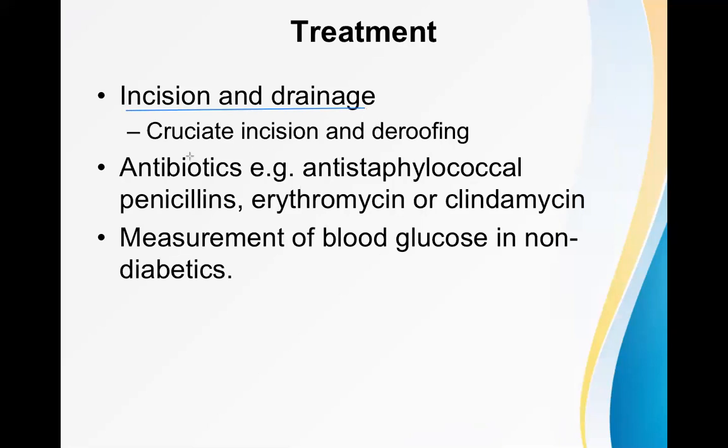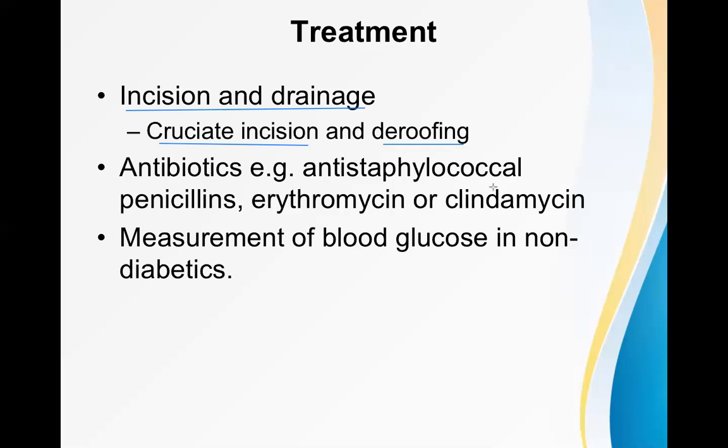Remember, in the morning class we talked about this. The cruciate type of incision is given. Cruciate means cross type of incision. Now why? Because there is extensive damage of the tissue. There is already death of the tissue which has occurred there. It is also known as gangrene of the skin. So all that damaged and dead tissue has to be debrided, so I need a big incision. This is called a cruciate incision, and we need to de-roof that area